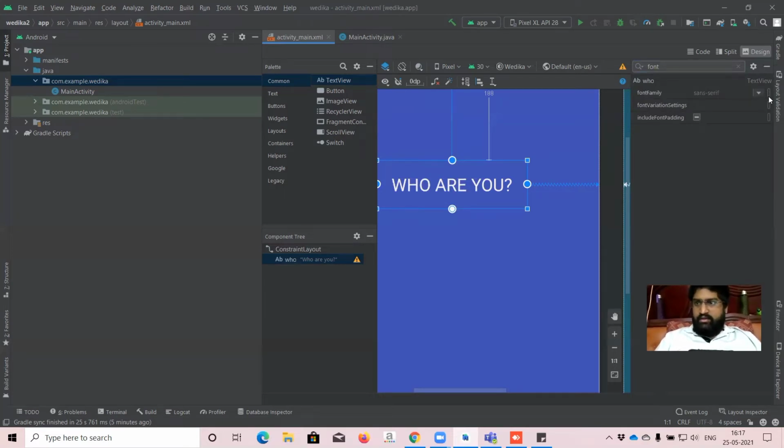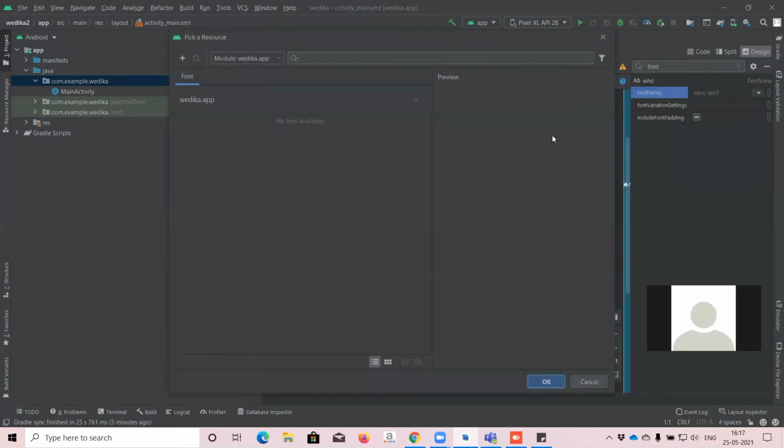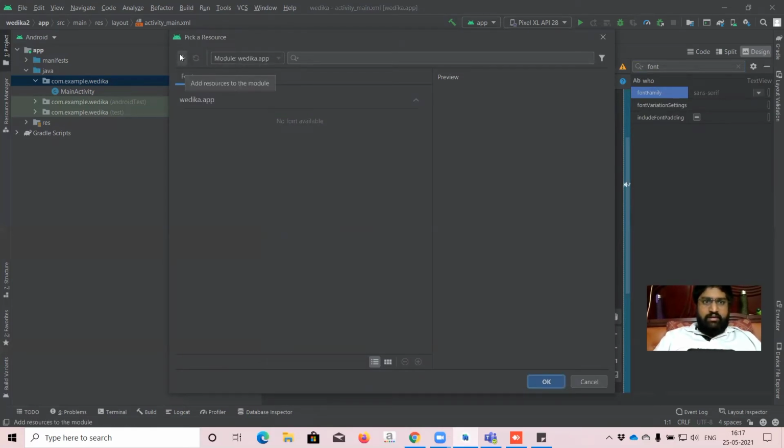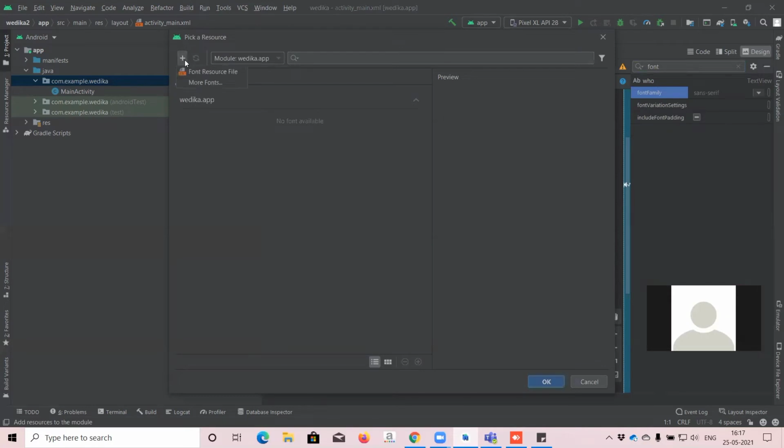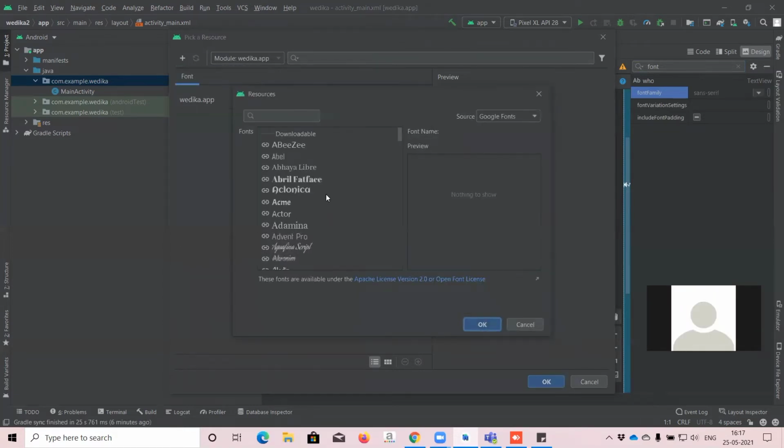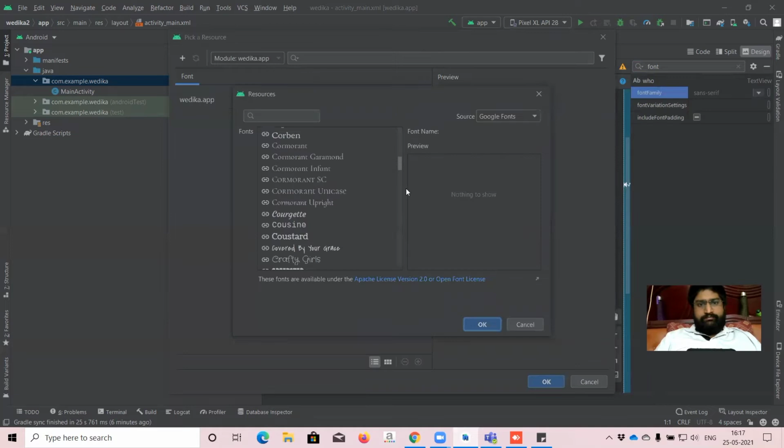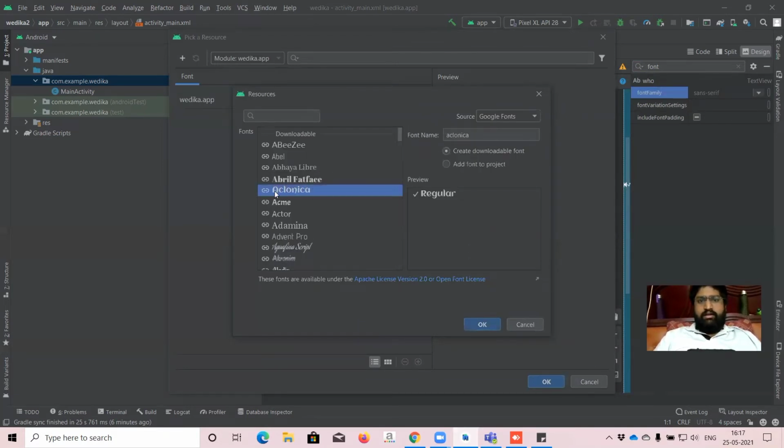You have to select this, and see here the add option is there. I'm selecting this, and more fonts are there. All the fonts will be here. Whatever you want, you can select it.